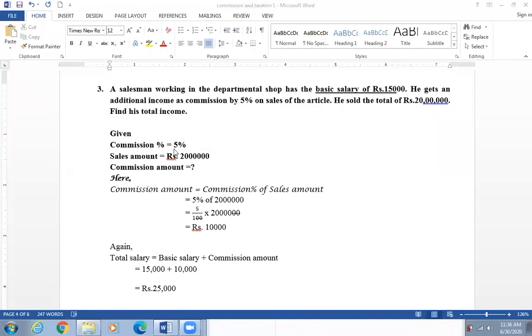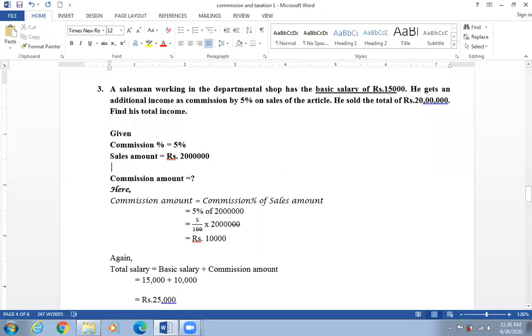Basic salary I have not written over here. You need to write it over here also. I forgot to write the basic salary here. Basic salary was rupees 15,000. 15,000 rupees. Okay, and commission amount